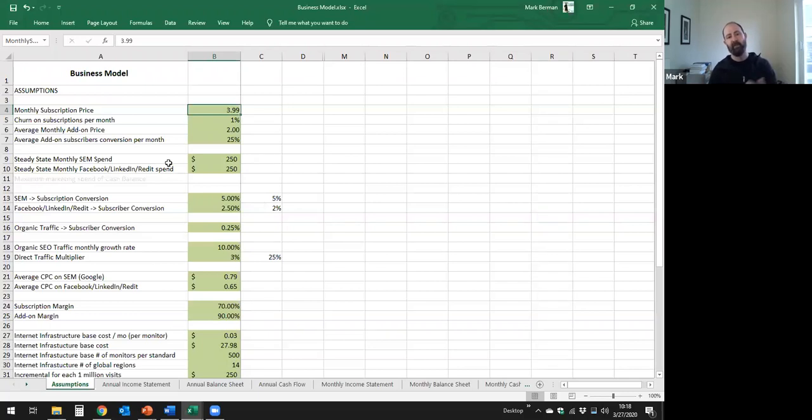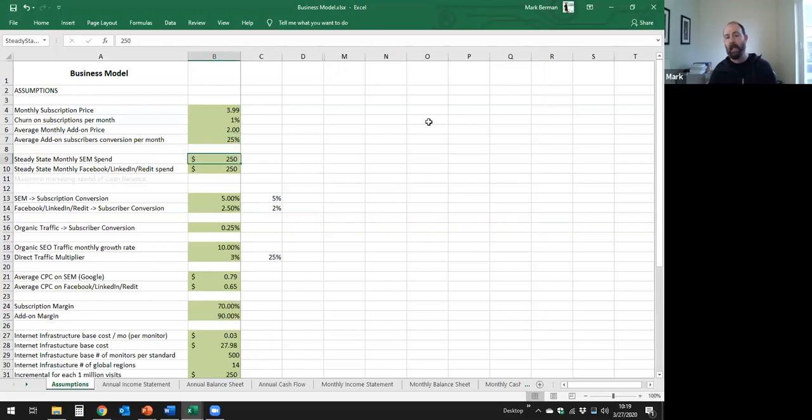So as part of the business model, and this is just using a template that we used at Techstars, we drill into some additional things, once again just a set of hypotheses: on average how much a customer is going to churn every month, the types of add-ons that people might select, a rough number for what percentage of subscribers are going to select add-ons,